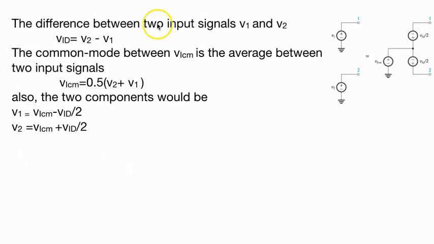The difference between the 2 input terminal voltages is V1 minus V2, where V1 is negative and V2 is positive, so their sum is the difference between the 2 signals. The common mode between V1 and V2 is the average of the 2 input signals. Now the